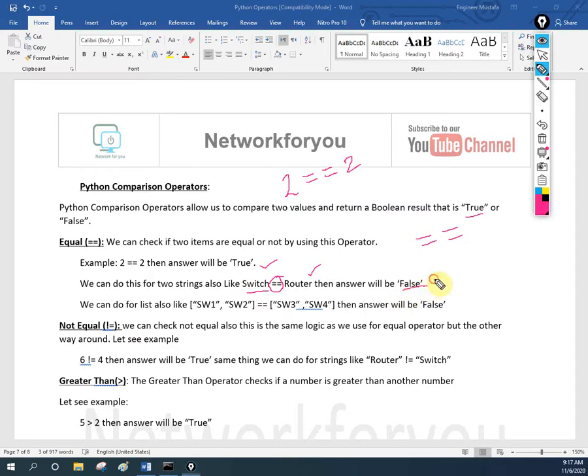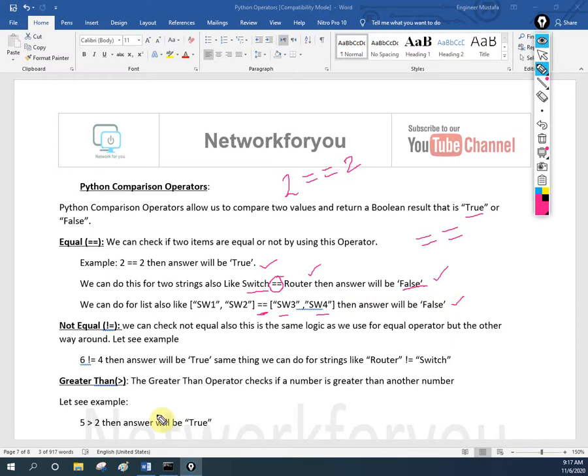This is not true, that's why we are getting the answer false. We can compare lists also. I define SW1 and SW2 and use the operator double equal to, with switch 3 and switch 4. Both are not equal, these two lists are not equal, so the answer will be false.